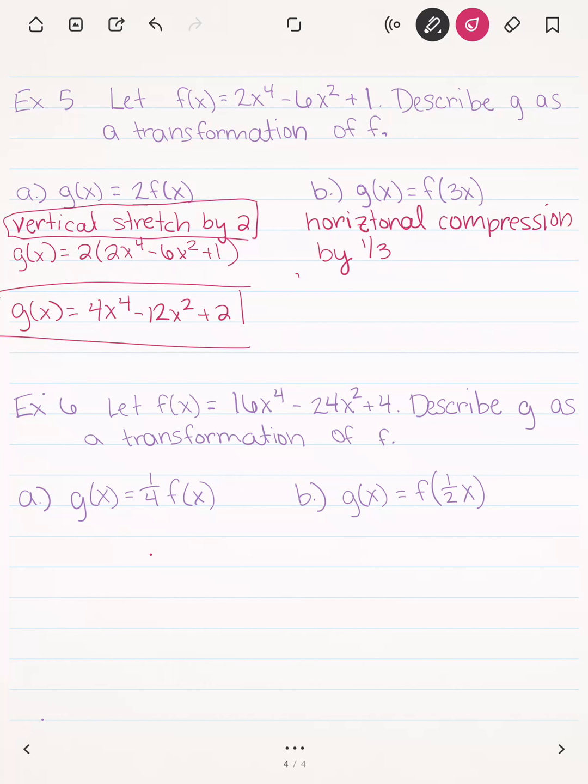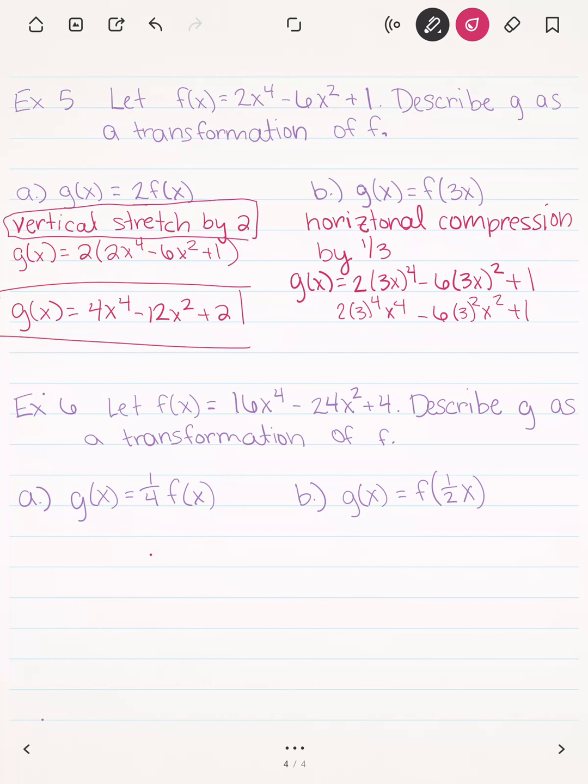So I have g of x equals 2 times 3x to the fourth minus 6 times 3x squared plus 1. Okay, from here I have to do order of operations. Order of operations tells me that I have to do my exponents first and then multiply. So I get 2 times 3 to the fourth x to the fourth minus 6 times 3 squared x squared